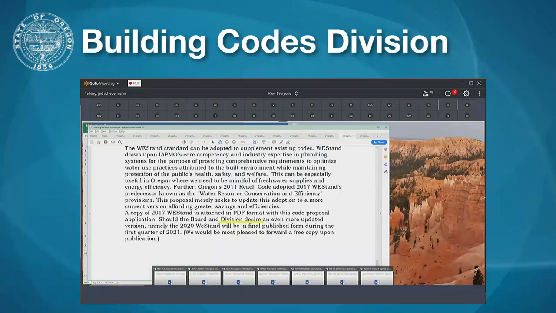Our code is basically an overlay type code as well that dovetails with any other code. And so it just affords people some opportunities to do things more efficiently. Mark, you mentioned water sizing and water piping, for example. If you can reduce the length of the run and reduce the size of the pipe, you can gain some efficiencies for energy conservation because you're not heating nearly as much water. The run to the point of use is much shorter, and the amount of water wasted in order to get hot water to the actual point of use is reduced. So all of these types of possibilities are available to residential construction.